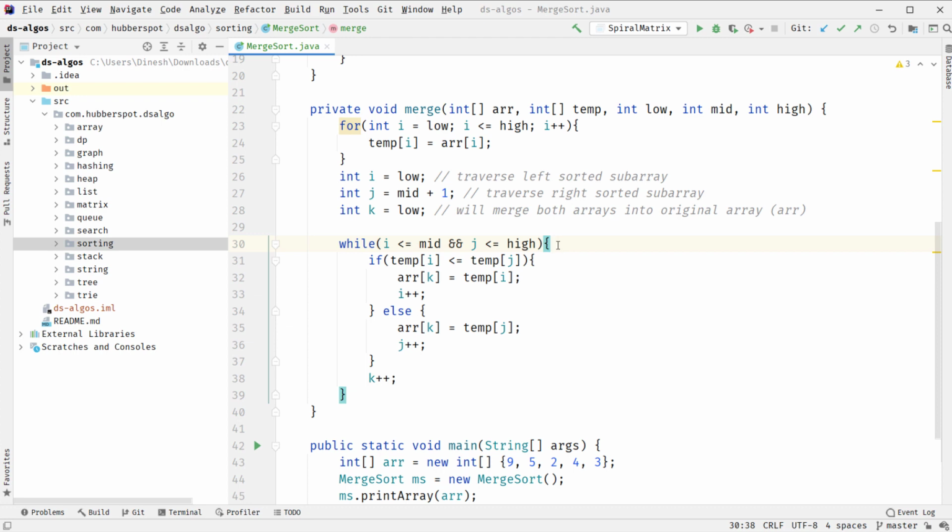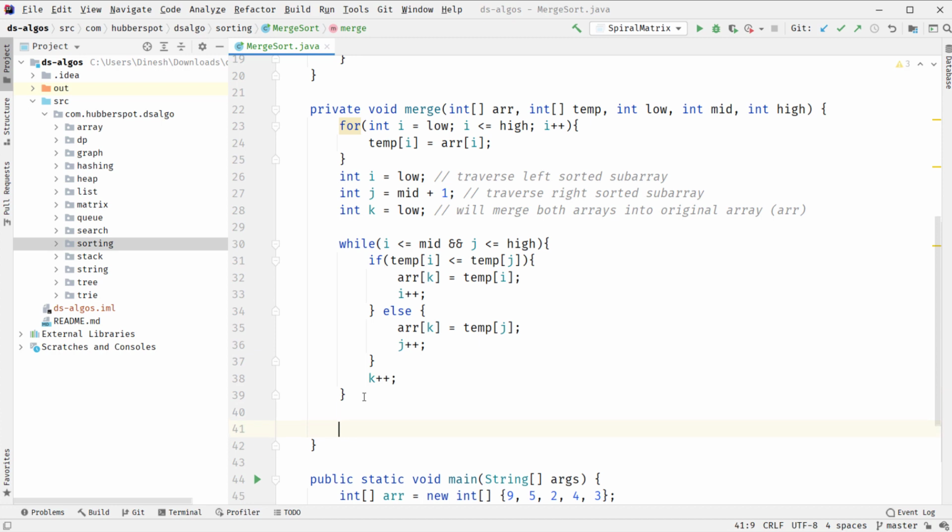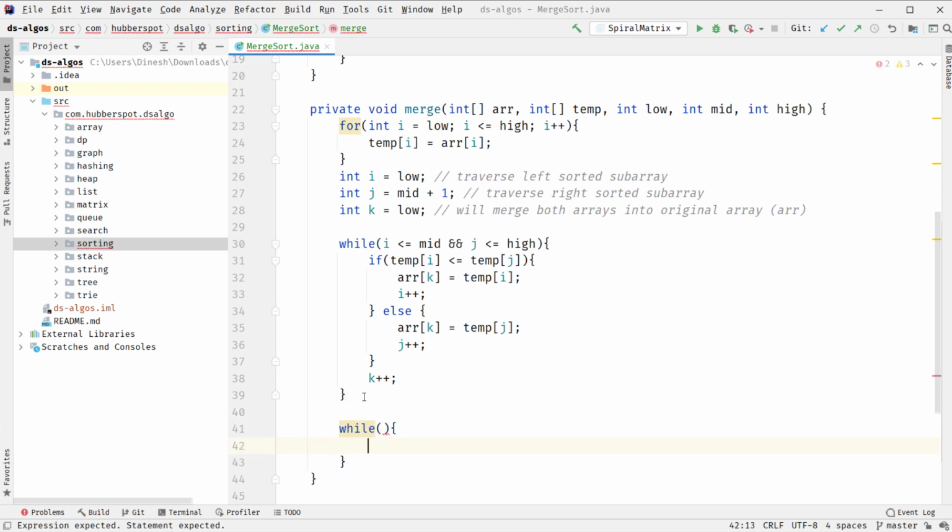Now we only need to keep in mind that if the right array gets exhausted first, then we need to write some logic to put the left array's leftover elements into the original array. For that we provide a while loop, and the condition is exactly the same, because i is pointing to an index from where the leftover elements are starting, and we can simply copy them back to the original array.